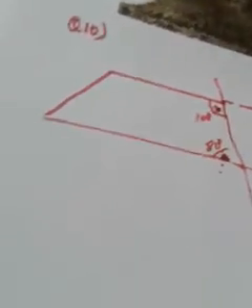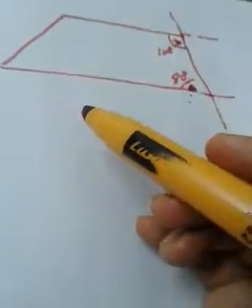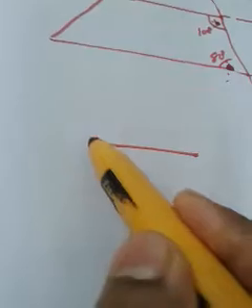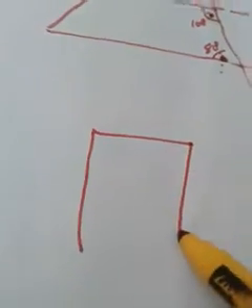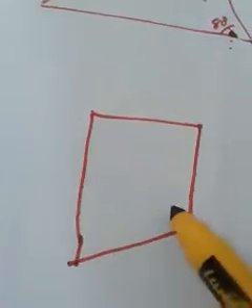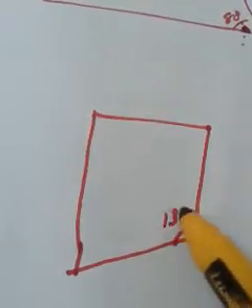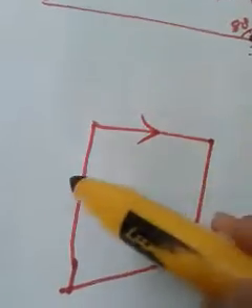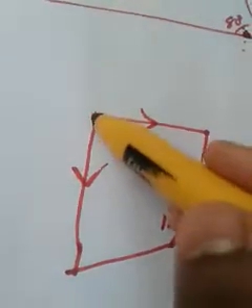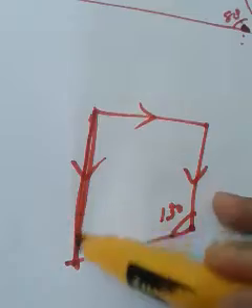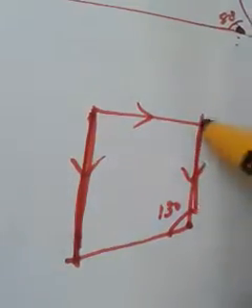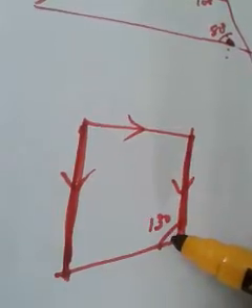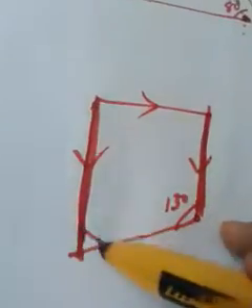Okay, try yourself. And in the case of question number 12, it is saying that in the question number 12 is just like this. This angle is given as 130 degree, and they said that this line and this line are parallel. In the question they already said that this line and this line are parallel, and this angle is given as 130 degree. Okay, you are supposed to find out angle this. You are supposed to calculate this angle.